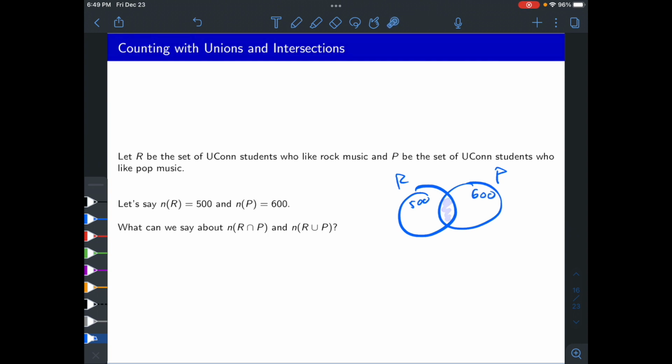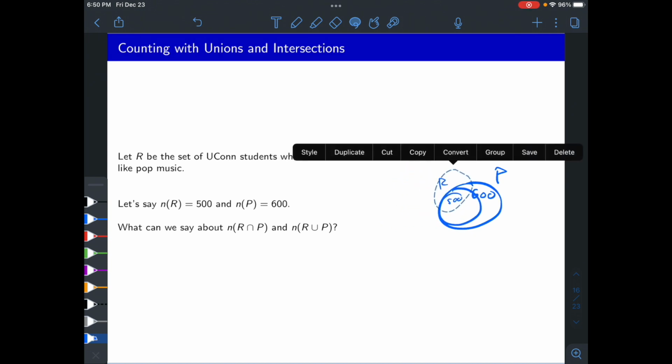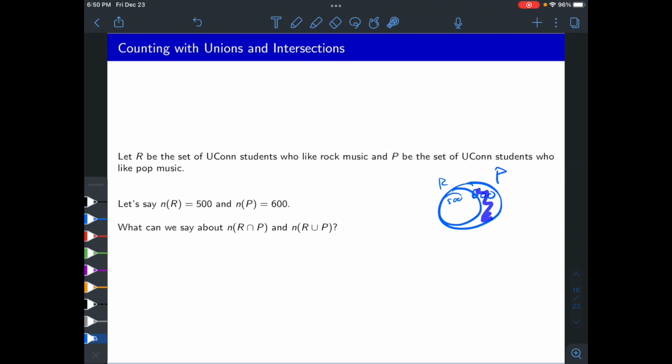Depending on how much overlap there is, we can say certain things. So at minimum, if I were to combine these two things, it could be the case that everybody that likes rock also likes pop. So it could be one of these situations. Everyone that likes rock also likes pop, and then there's just another 100 students out there that only like pop, but not rock at all, right? So that's possible. So we can say that as far as the union is concerned, it has to be